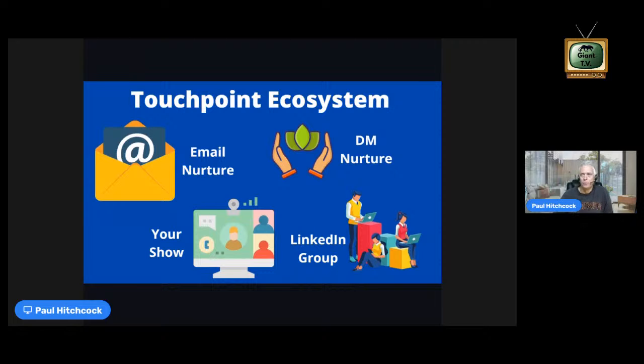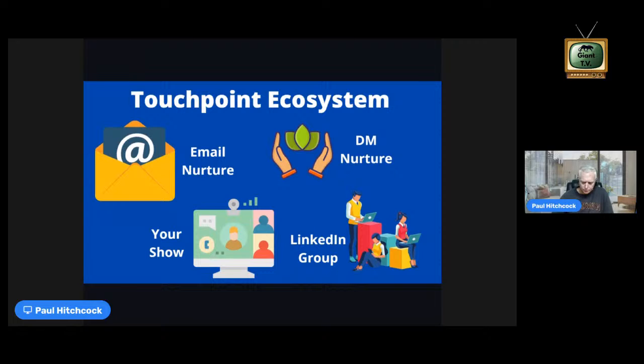I mean, you got potentially thousands of connections on LinkedIn. What are you doing with them? Are you nurturing them? They're in your network. Are you never talking to them? Are you never teaching them? Are you providing value? How are you nurturing your connections? In real life, it's like you met them, you shook their hand, you had a discussion at a networking event, and you never talk to them again. They're going to forget about you in a second. So you got to nurture, and there's a process for sending direct messages, nurturing with cool things you have going on.